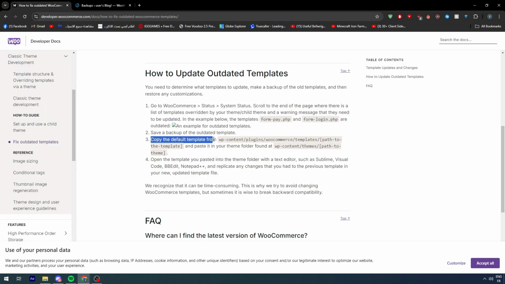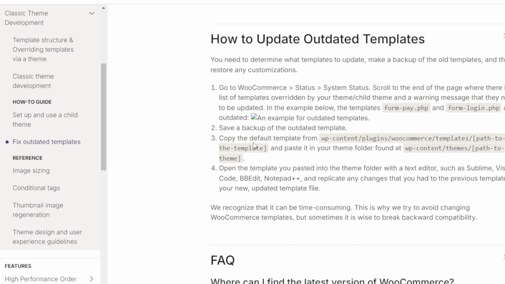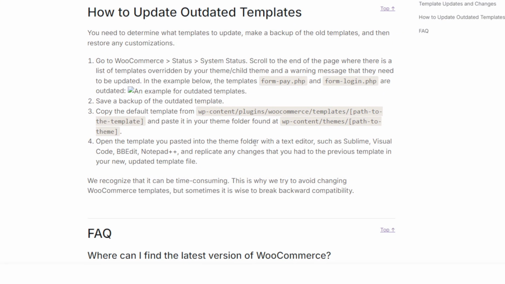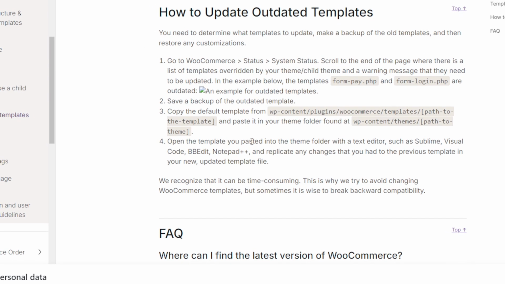So copy the default template from WP content plugins, WooCommerce templates, path the template, and paste it in your theme folder found at WP content themes and the path to templates. Then you should open the template you pasted into the theme folder with a text editor such as Sublime, Visual Studio Code, BB Edit, and Notepad++,